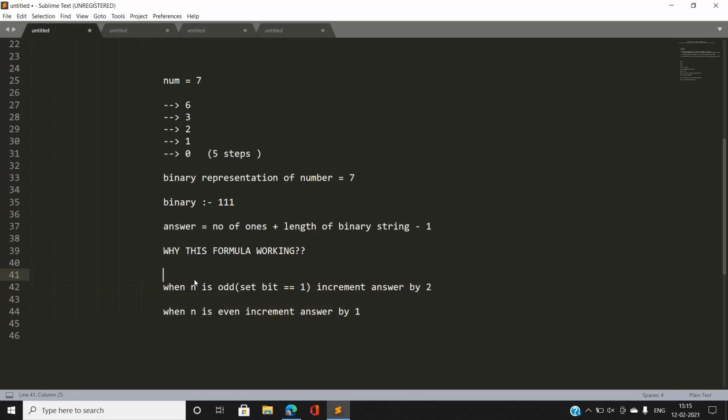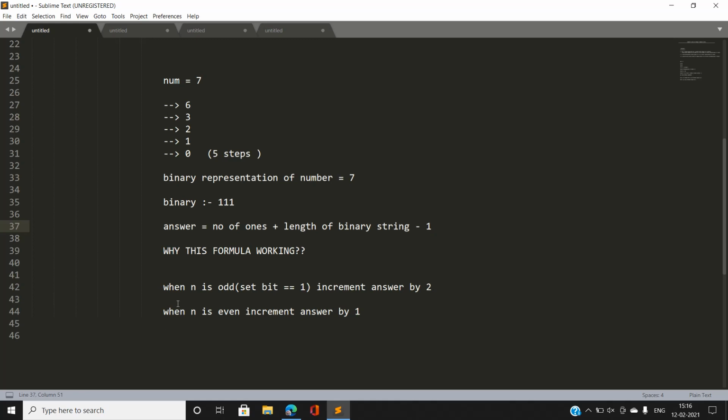So I have to reduce my answer by 1 finally, that is, number of ones plus length of the binary string minus 1. Why do I have to do this? Because finally we will achieve the value equal to 1 on dividing. Here you can see, if I take 7, then finally I have encountered 1, then at the next step I have to reduce it to 0, that is, it requires only one step rather than two steps, even though 1 is odd and I have to reduce it by 1, so the number of steps required would be 2. Now, I have already calculated the number of steps as twice for when we encounter n as odd. So I have to reduce one step finally.